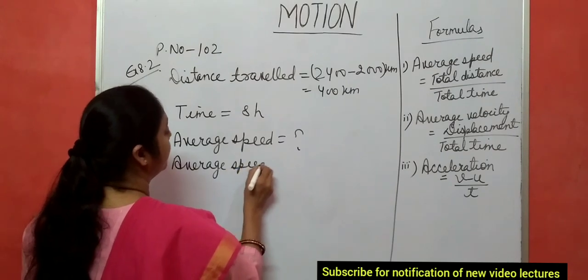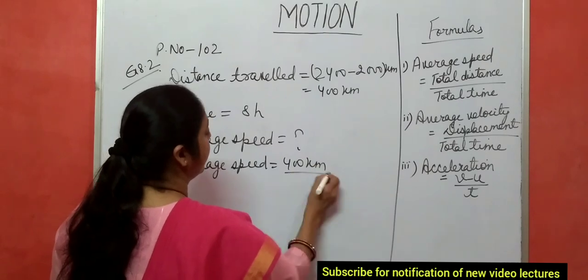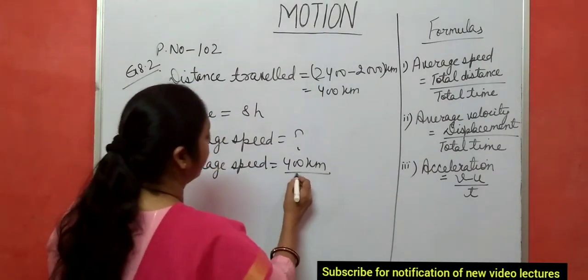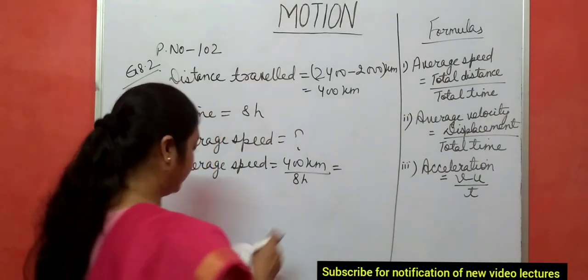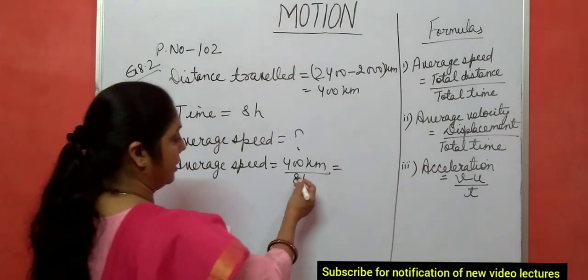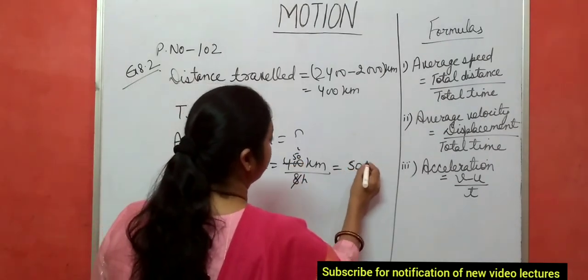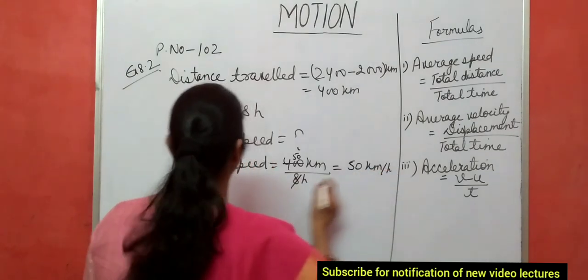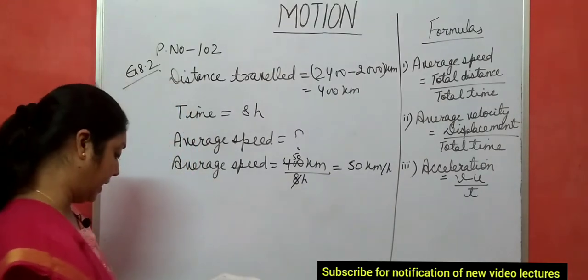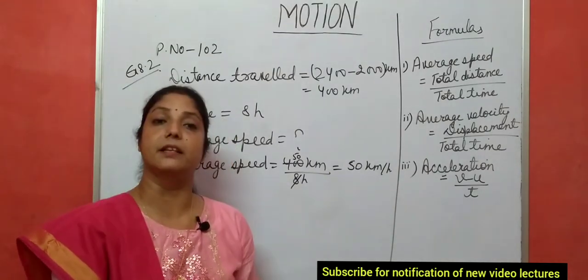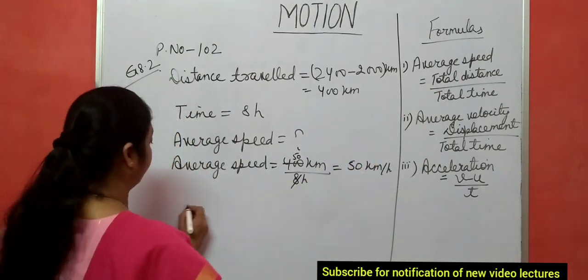So first, average speed is total distance traveled, which is how much? 400 kilometer. And total time is how much? 8 hours, right? When you solve this one, you get the answer in kilometer per hour. 8 5s are 40, so it's 50 kilometer per hour. This is the value of average speed in kilometer per hour. Now again you have to convert this into meter per second. How do you convert this one into meter per second? Average speed